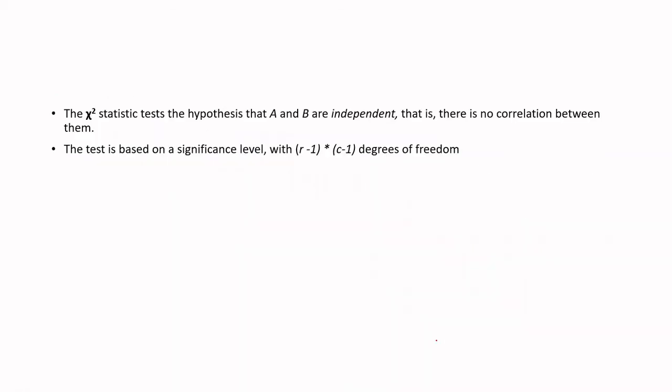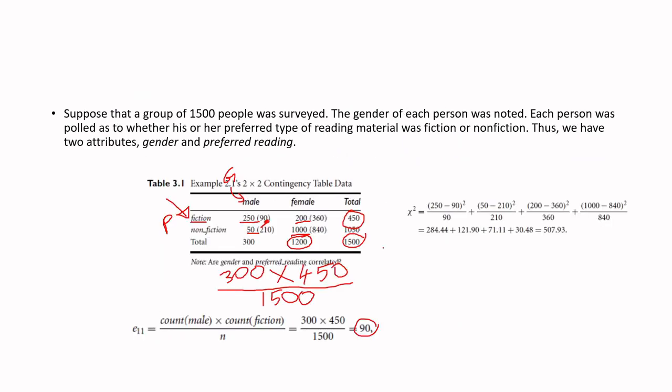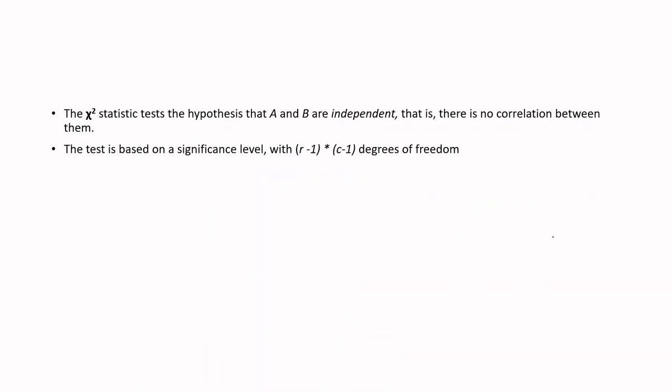Okay. Now another thing we have to look at is, ഇപ്പോൾ നമ്മൾ chi-squared value ഈ ഡേറ്റയിൽ നിന്ന് കാൽക്കുലേറ്റ് ചെയ്യുന്നത്. That is, you have the observed value 250 here minus 90 divided by 90 plus next എന്താണ് 50 minus 210 divided by 210 plus അങ്ങനെ എല്ലാത്തിനെയും കാൽക്കുലേറ്റ് ചെയ്ത് you get a value like this. This is our chi-squared value. ഇനി ഇതിൽ നിന്ന് how do you infer that they are independent or dependent? അപ്പോൾ നമ്മൾ പറഞ്ഞു chi-squared value ഭയങ്കര വലുതാണെങ്കിൽ they are actually dependent. chi-squared value is small എന്ന് പറഞ്ഞാൽ they are independent. Okay, അങ്ങനെയാണ് നമ്മൾ പറഞ്ഞത്.